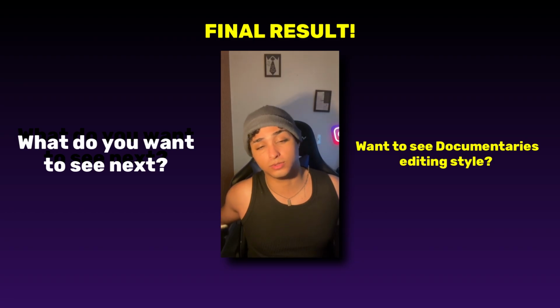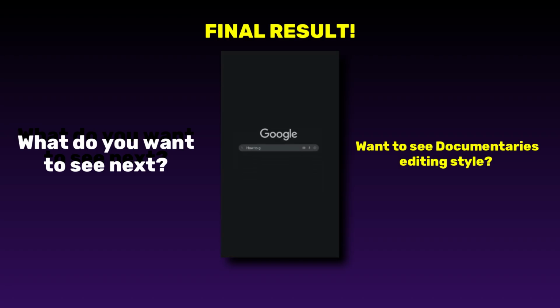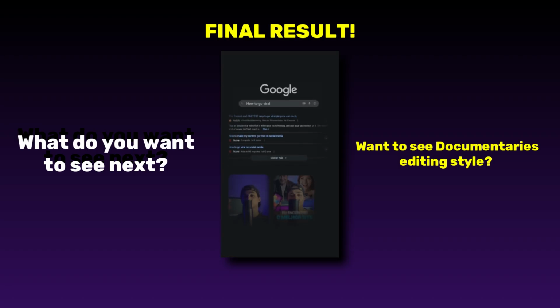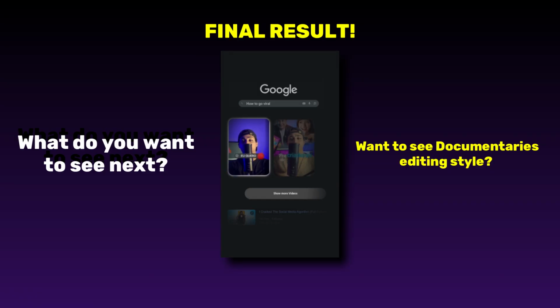As of last week, Instagram dropped a massive update. From now on, every single one of your videos has the potential to show up when someone searches on Google. But with